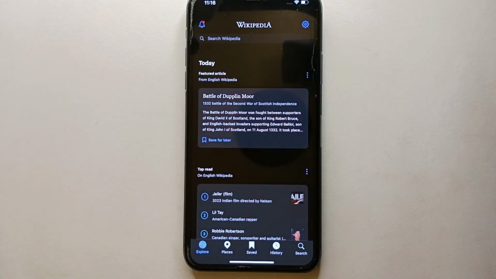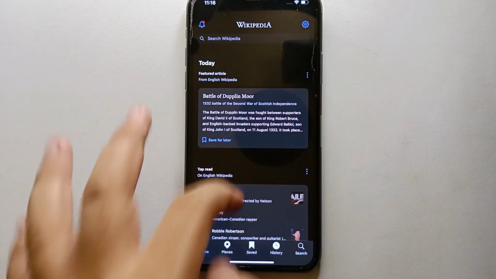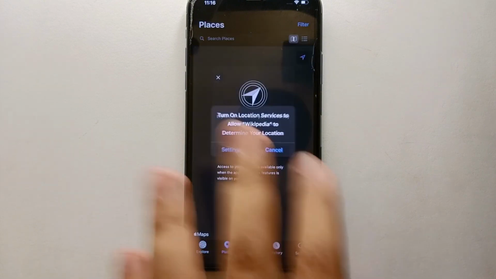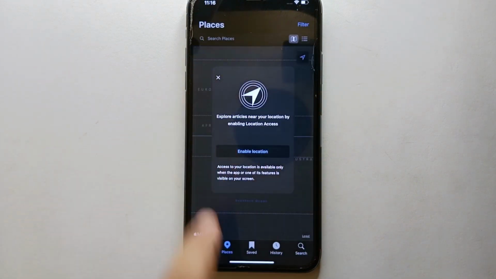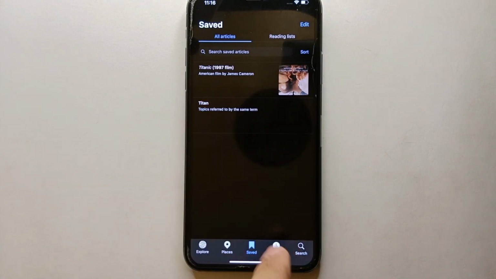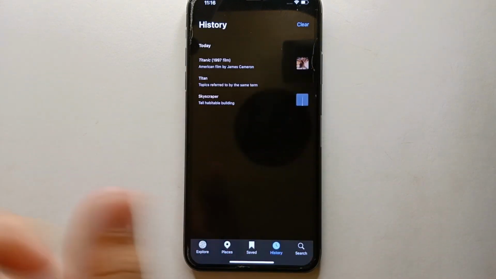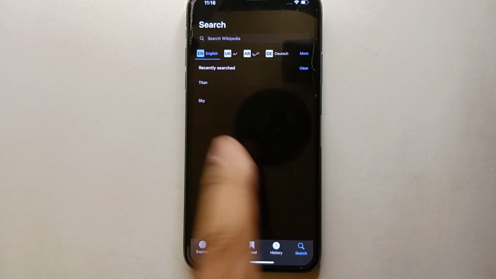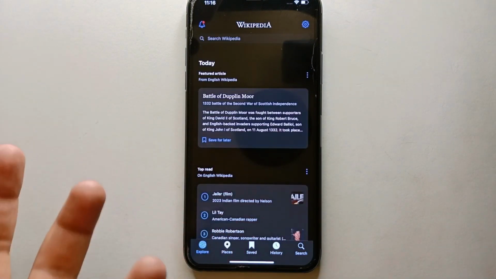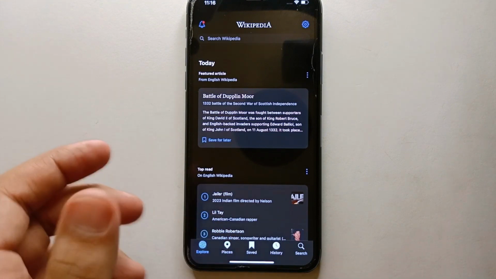Every option here is different and there are other stuff available like you could read news, articles and the trending things on the internet. We have another page through which you can search for different places. This one is for the saved things, and with the help of that you could get your history of the account, and here you could go for search. So from all these things you have to go to this first page, explore,